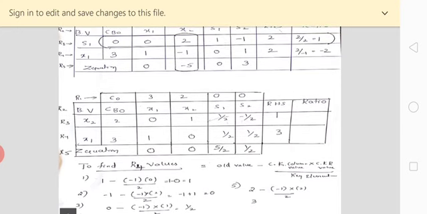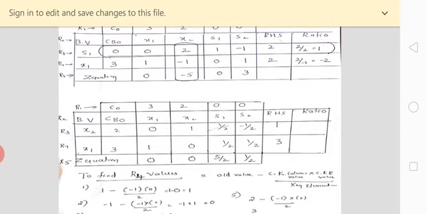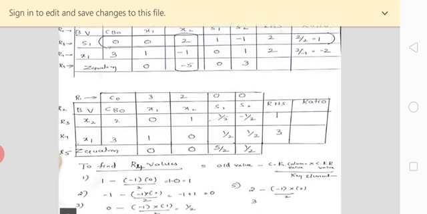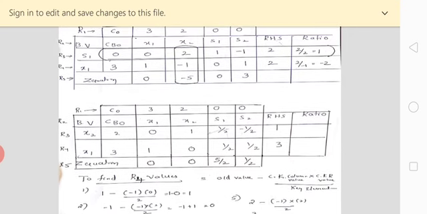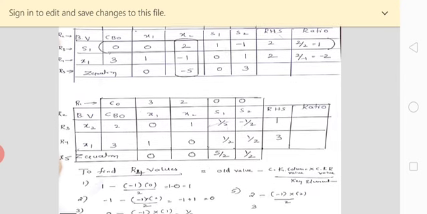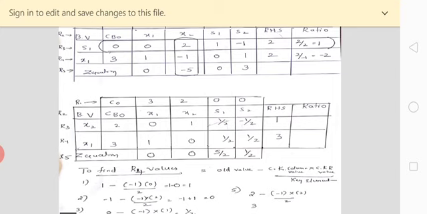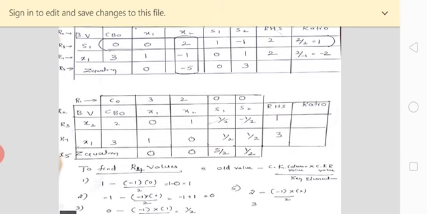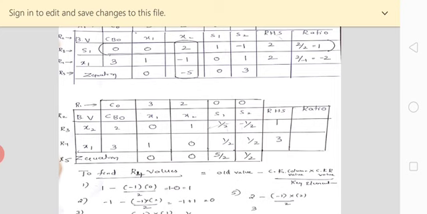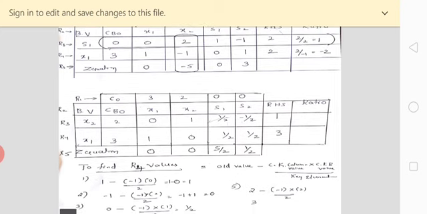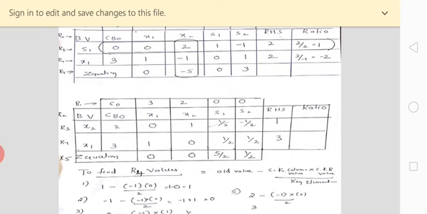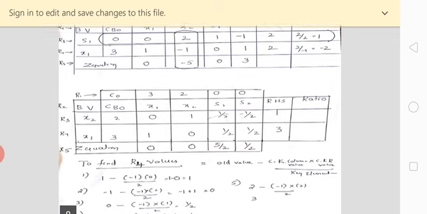If you do it, you are going to get... Sorry, here I am talking about x1 now. The x1 old value is 1, minus the corresponding key column, which is minus 1, and the row above is 0, divided by the key element 2. If you do it, you are going to get 1. Similarly, go for x2 under R4 now. The old value is minus 1, minus the corresponding key column value, minus 1, into the corresponding row value above, 2, divided by 2. If you do it, you will get 0 for that.